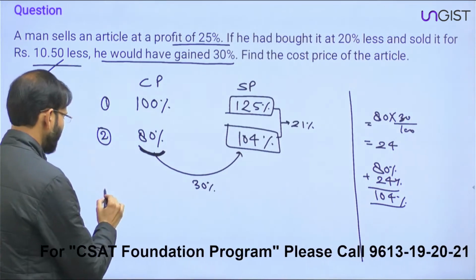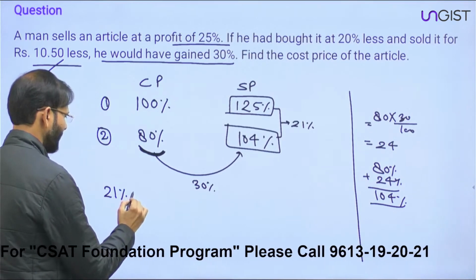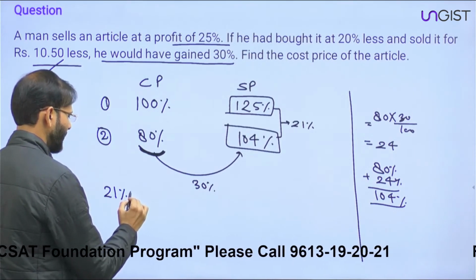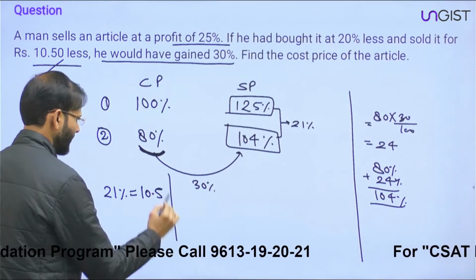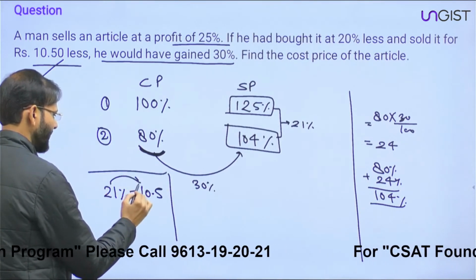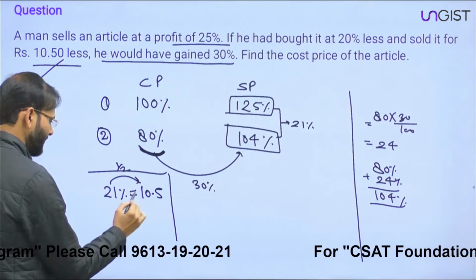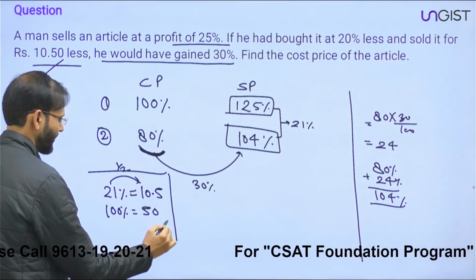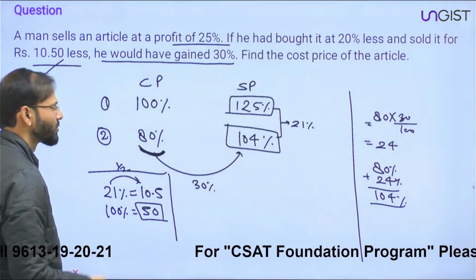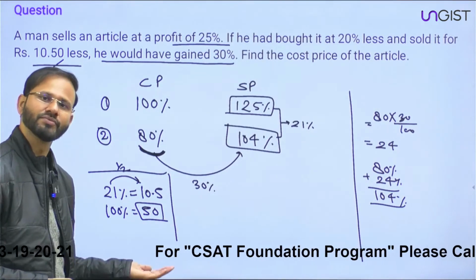So 21% of CP is equal to 10.5, right? So guys इसका रिलेशन क्या है? ये इसका हाफ है, जरा ध्यान से देखिए, ठीक है। सो 100% कितना हो जाएगा? 100% 50 हो जाएगा, ठीक है। सो कॉस्ट प्राइस ऑफ द आर्टिकल वॉज ₹50। गाइस द आंसर इज 50 रुपीज।